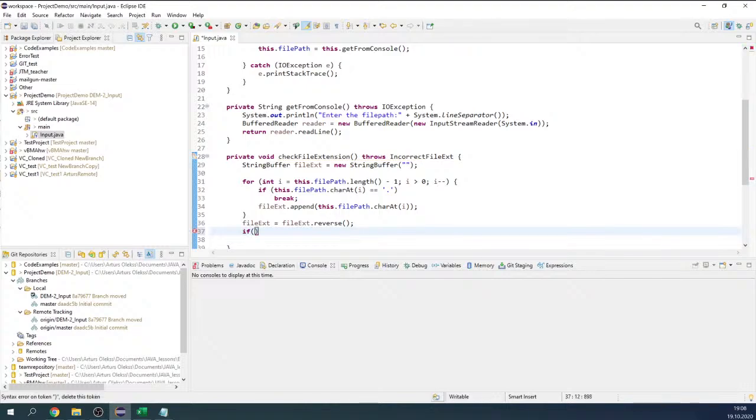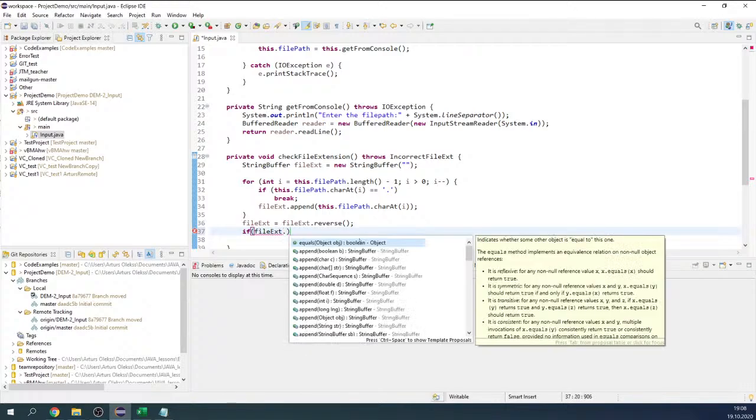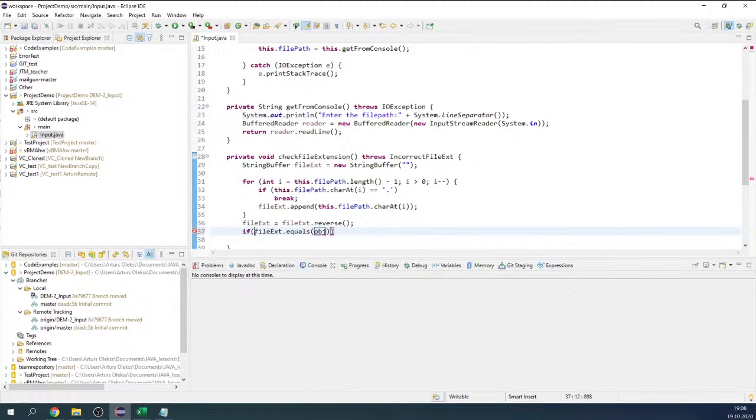So here we can just use a simple if statement. If not file extension equals to JSON,